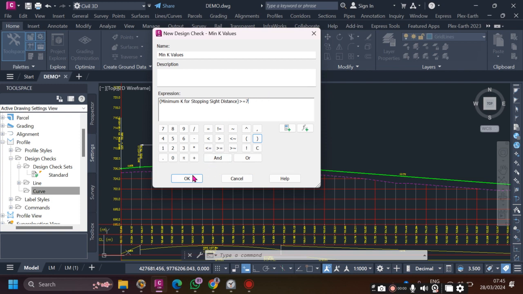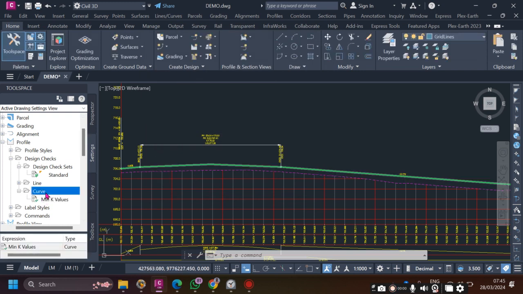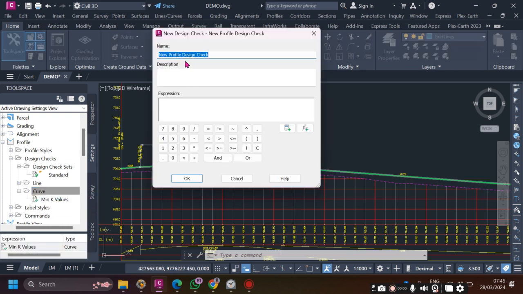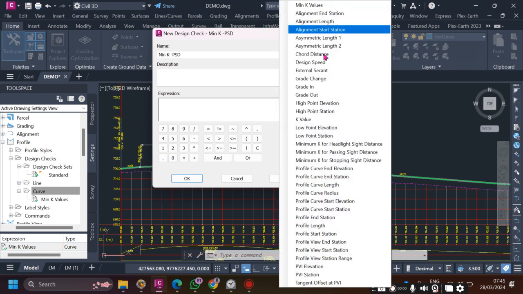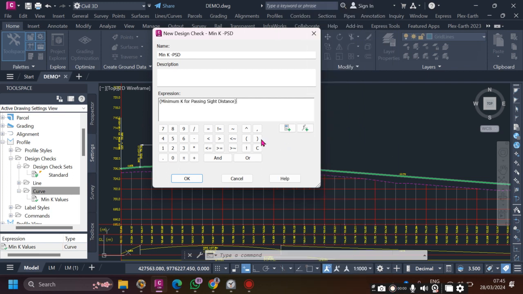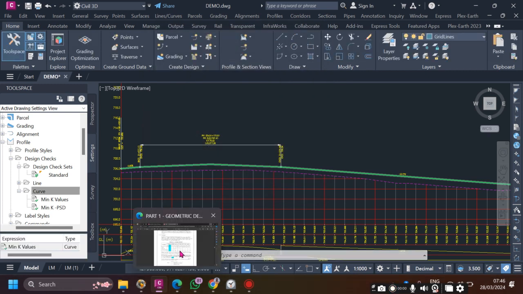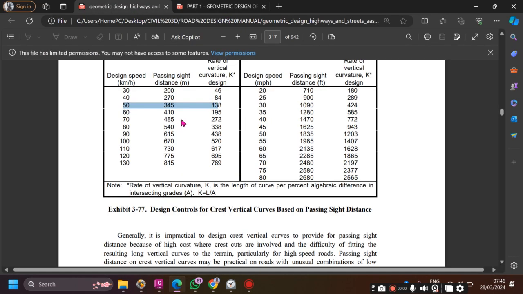I don't need the bracket there. That's right. And then after that, I create another one, which is the minimum K for PSD, which is passing sight distance. The function is minimum K value for passing sight distance, which should be greater than or equal to 138. If you're wondering where I am getting these figures from, I'm getting these figures from the AASHTO Green Book,